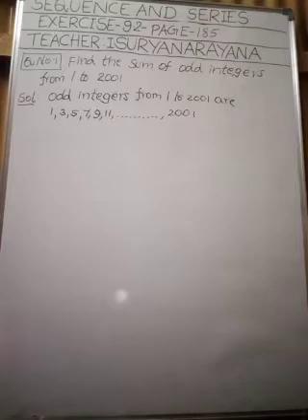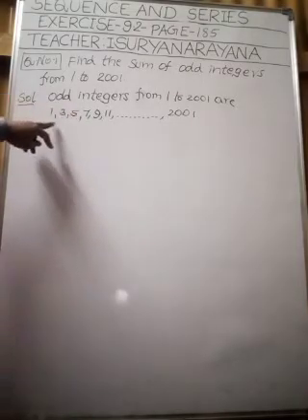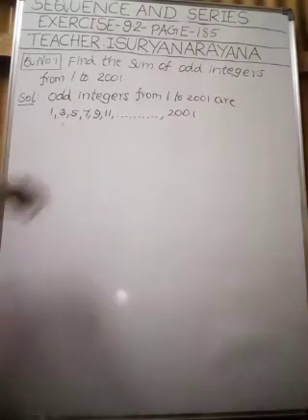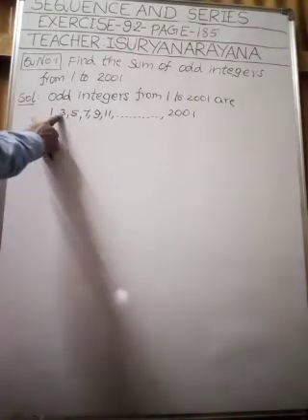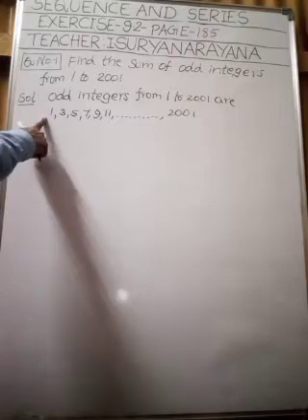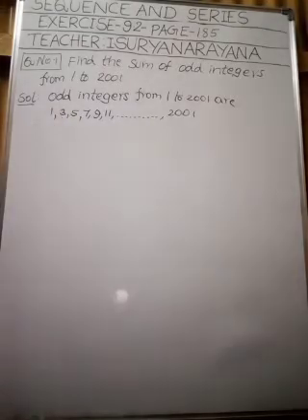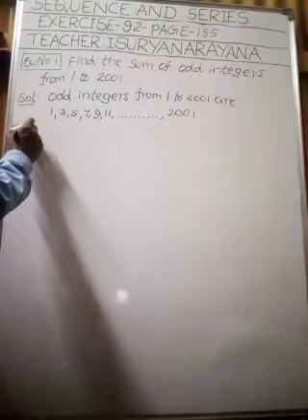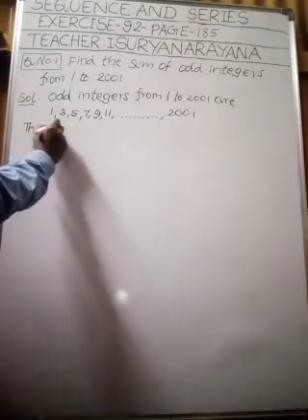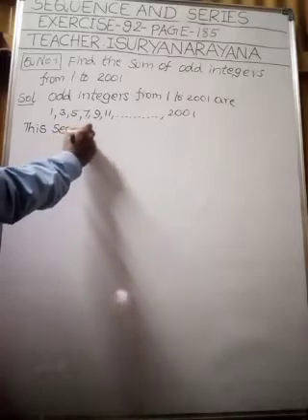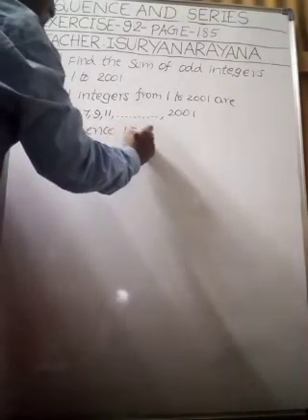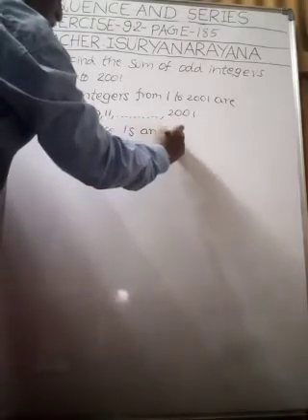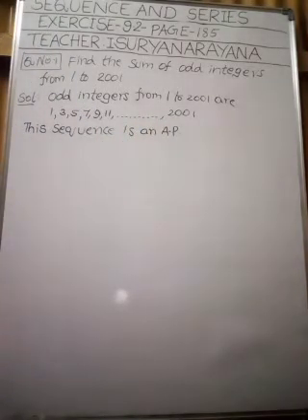These all form an arithmetic progression. This sequence forms an arithmetic progression, yes or no, my children? Because second term minus first term, third term minus second term, the common difference is the same. This sequence is an arithmetic progression with